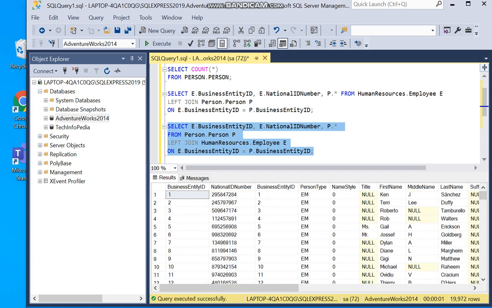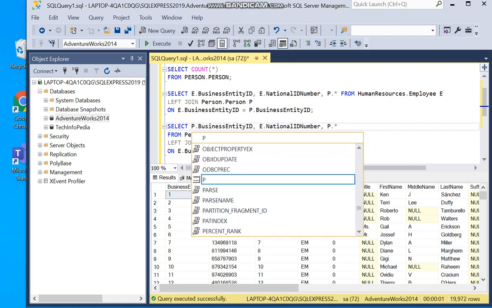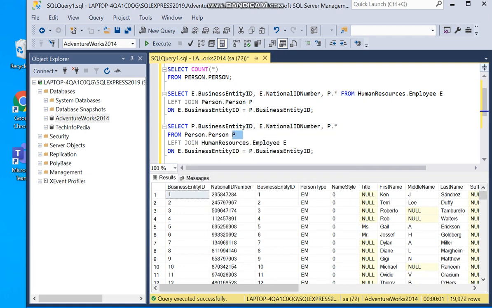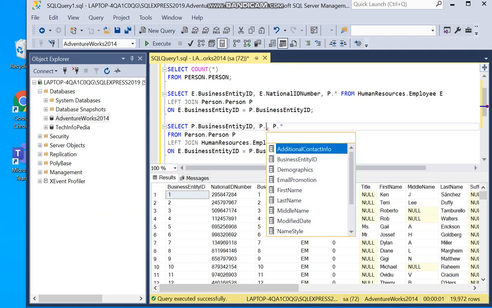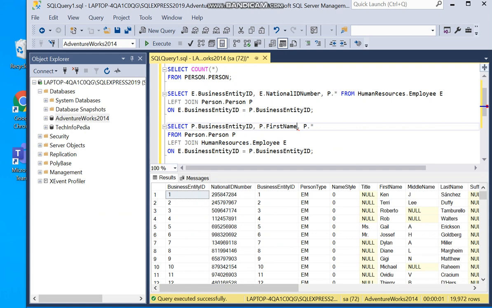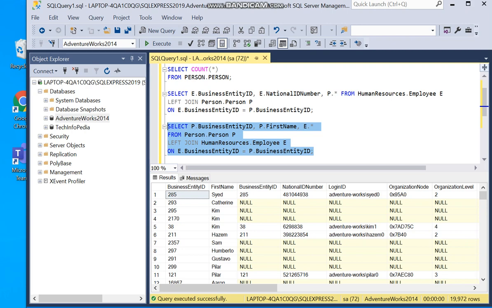If we select p dot first name, and change this to e, and execute this, these are two columns from the left table.